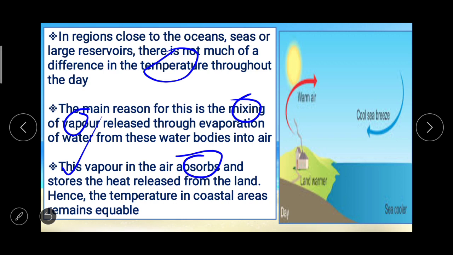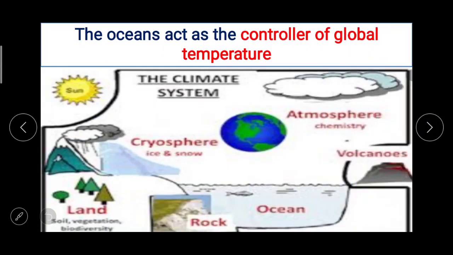Here now in the image you can observe sea cooler, land warmer, warm air, then cool sea breeze. And because of this, the temperature in coastal areas remains equable. The oceans act as the controller of global temperature, and by this there is balance in nature. We can say